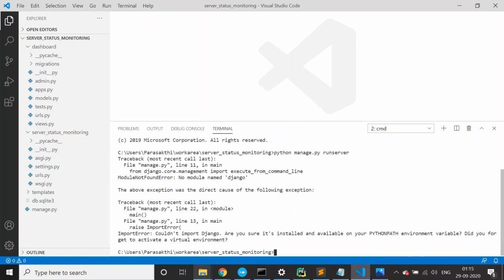It says no Django module available, which means in this location I don't have Django installed. I am using a Python virtual environment, which is kind of like Docker, for isolation, for having different versions of your software.